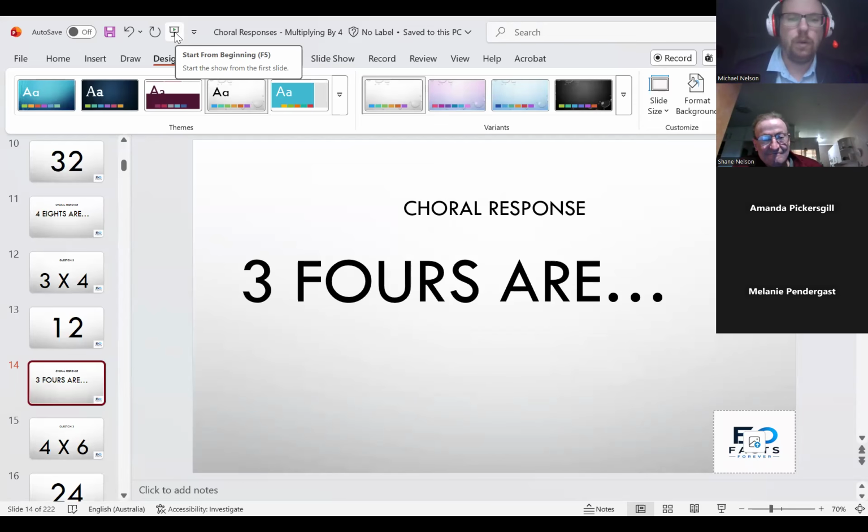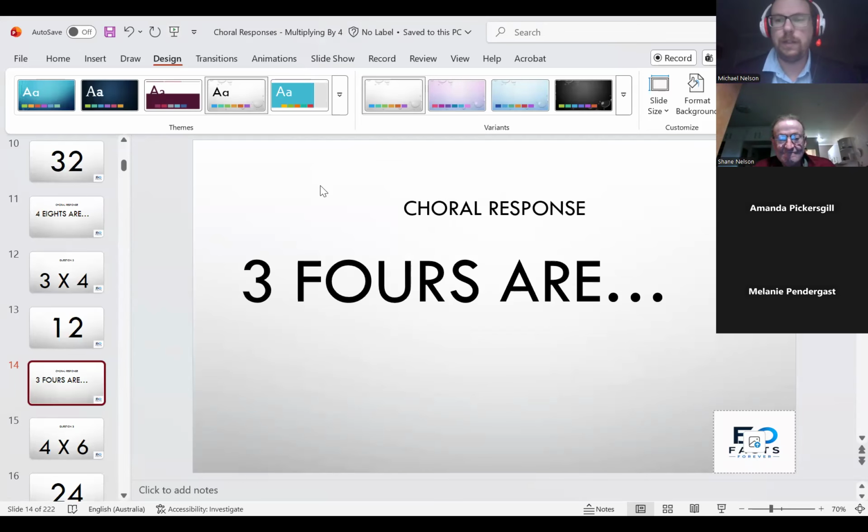So all of the resources in that choral response are built around the idea of that corrective feedback, but also set up so the teacher doesn't have to do anything. If you want to focus on particular slides, copy and paste and just pop those slides in. So if 4 7s is giving your kids trouble, you might pop 4 7s in multiple times, which we'll cover in our next part. So I've done that. I've given maybe a week of that. We then have time